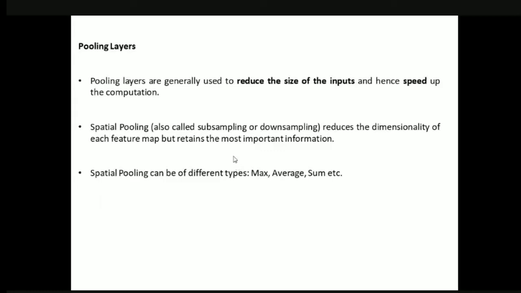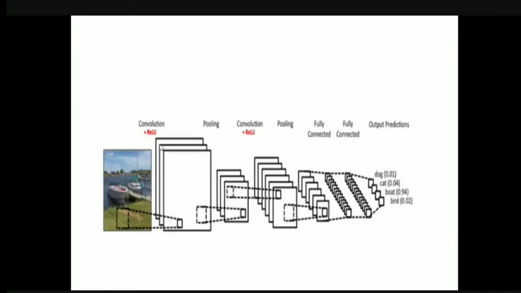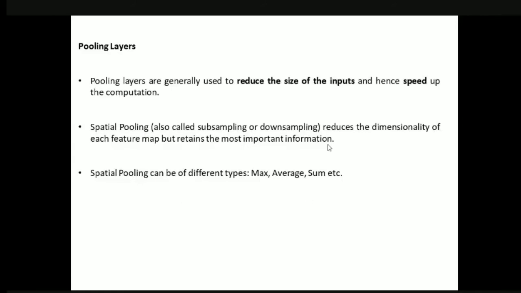Pooling is nothing but it is used to reduce the size of the input. So if we can reduce the size of the input, we can speed up the computation, right? So finally, what we mean to say is that pooling reduces the dimensionality of the feature map. If you see here, this is our input image, and the second image is the feature map. Now, when we apply pooling on this feature map, it is going to reduce the dimension of this particular feature map. For this reason, we are going to use the concept of pooling.